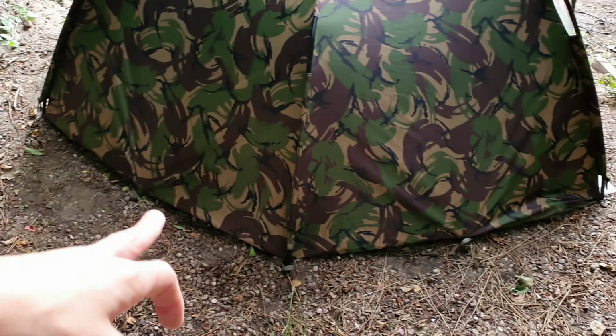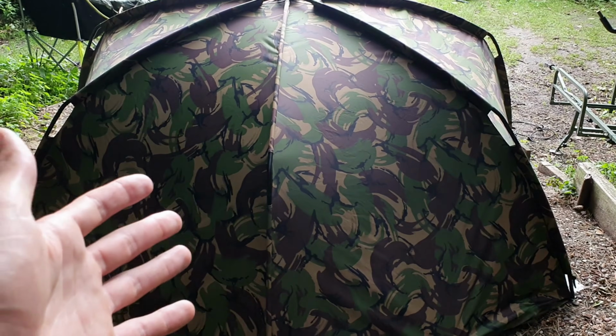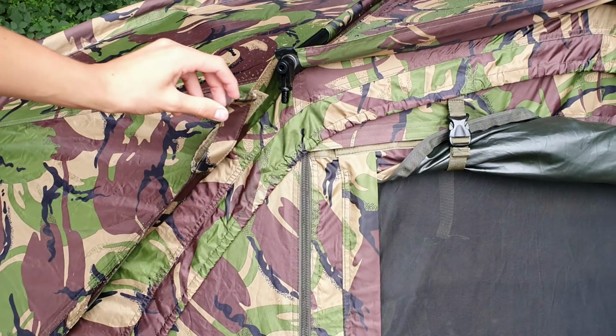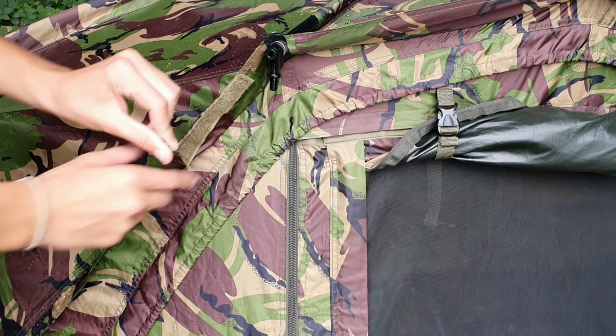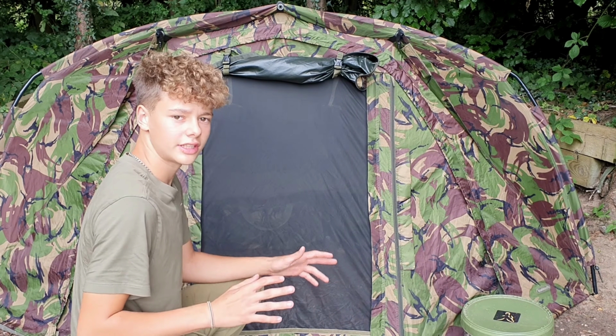And you can see I've got most of the pegs in, and it looks nice and tight. I haven't even got all of them in, and it looks good. So let's have a look at some more stuff. If we come back to the front, it's got rod straps, which are always useful, and I'll show you loads of different